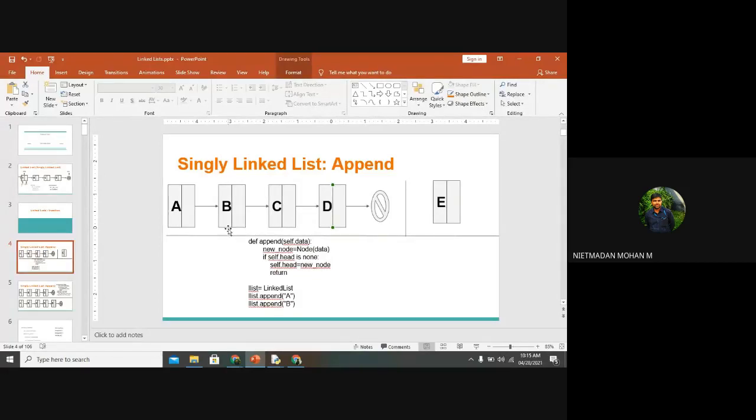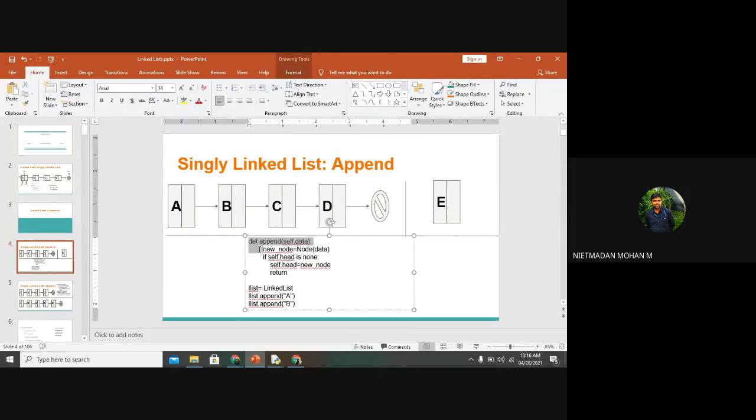So it means that after the head element, you want to insert the new node. After the insertion of B, this B will be represented as head, and after this head representation, it will be traversed to C. After traversing to C, this C will be represented as the head element. Likewise, it will be traversed till the end. So this is the append function and append statement that we have inserted. new_node is equal to Node(data). The first data will be A, and in the second iteration, the second data will be B, and this B will be considered your head element. Why? Because if you are using the append statement, the last element will be your head.